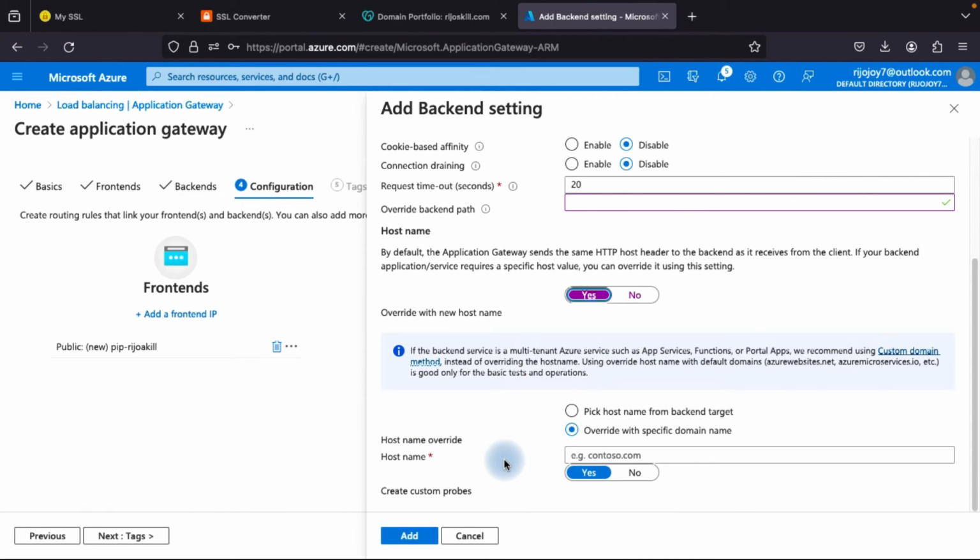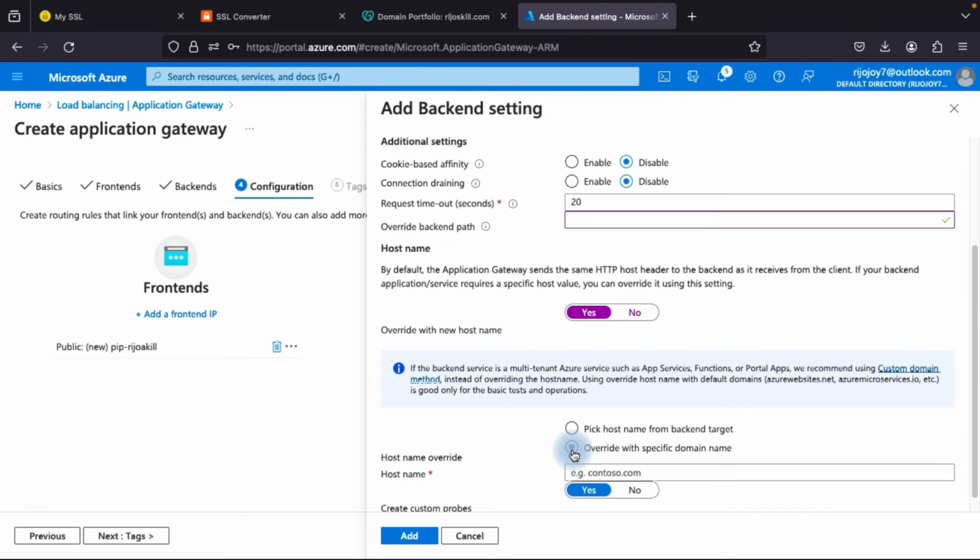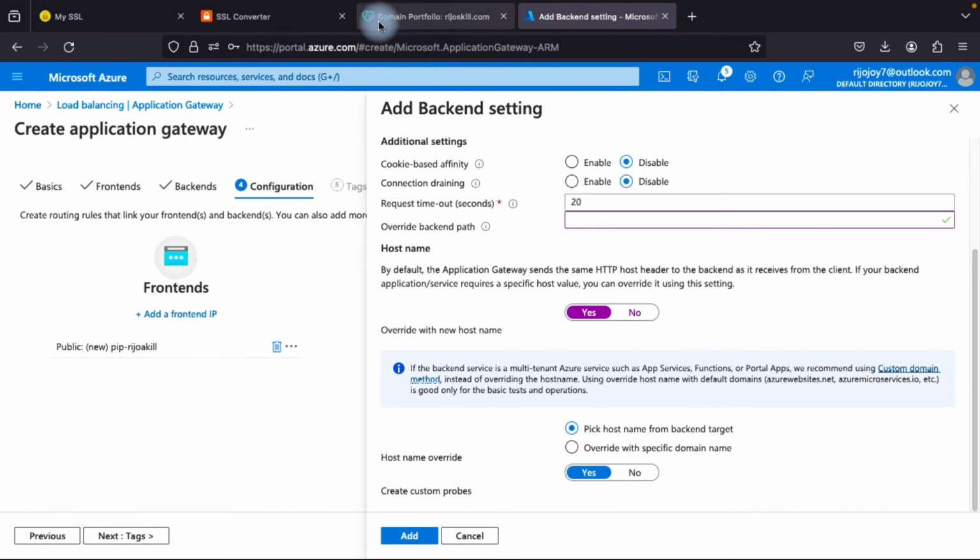So I will tell you the example. Pick hostname from the backend target. Whatever the name is for your backend target, it will be picked from the backend target. And if you override with a specific domain name, you need to type your host name here, whether it is rejoskill.com or console.com or whatever, you need to type that host name here. So currently I just pick the host name from the backend target. Why? Because I will show you